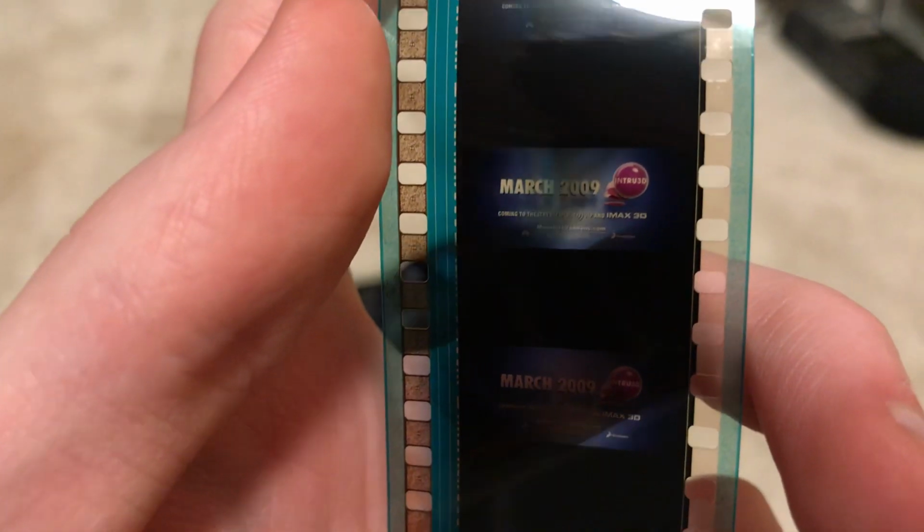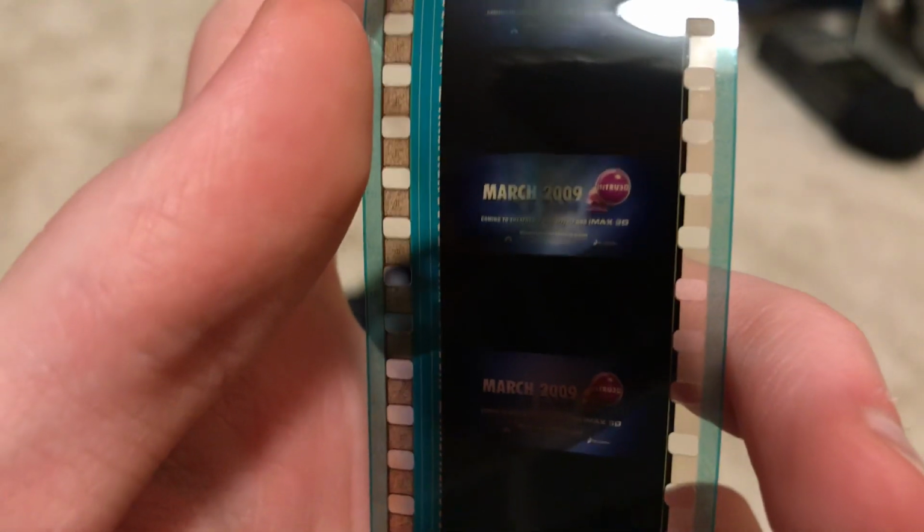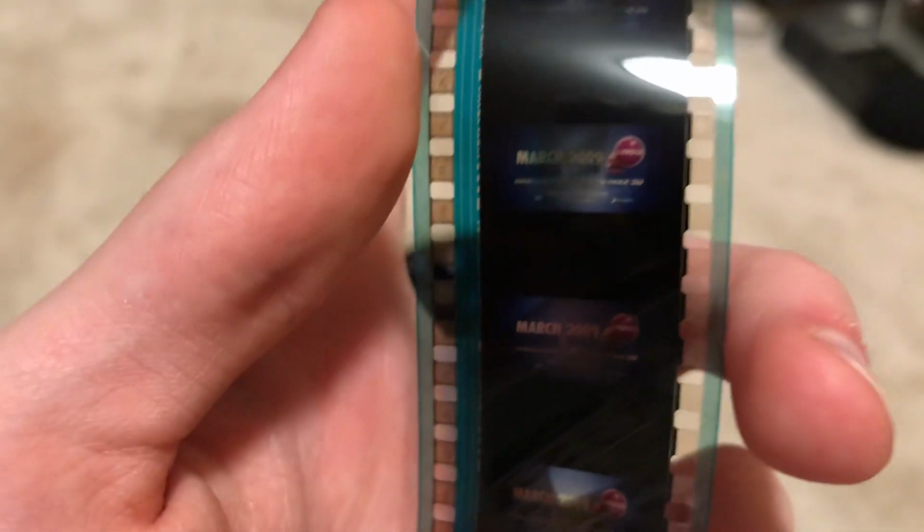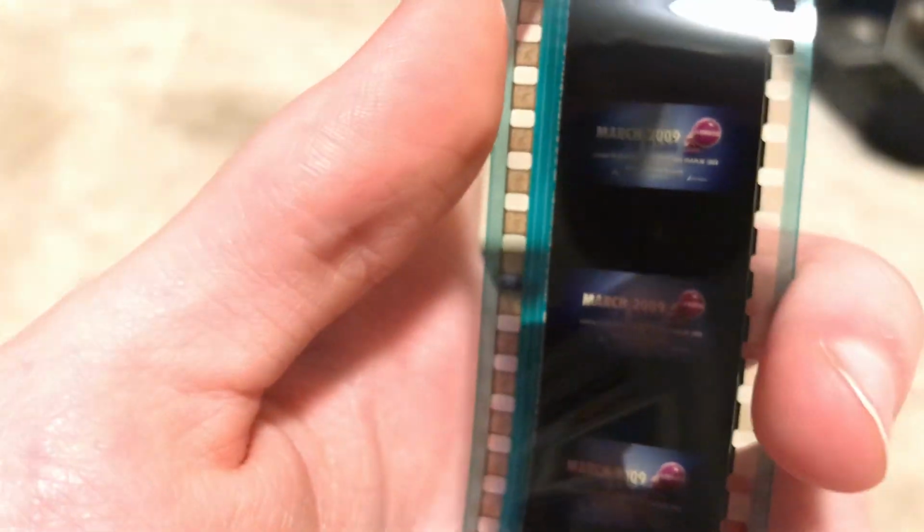Yeah, this is like the last few frames of the trailer. You can see March 2009. It actually has the Intrue 3D logo on there, despite... no, actually, you know what? I do believe Technicolor 3D was a thing. For the unfamiliar, Technicolor 3D was